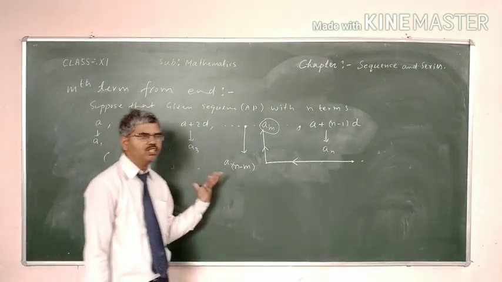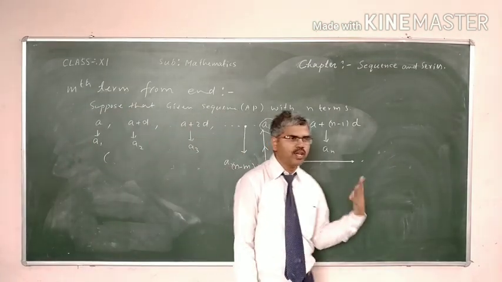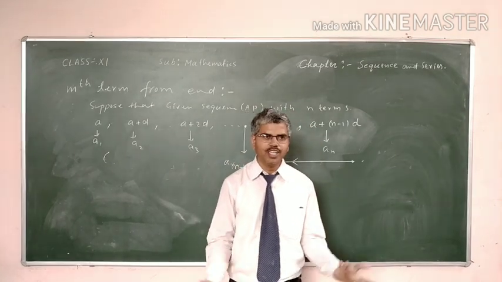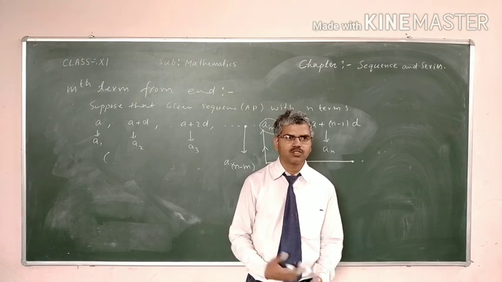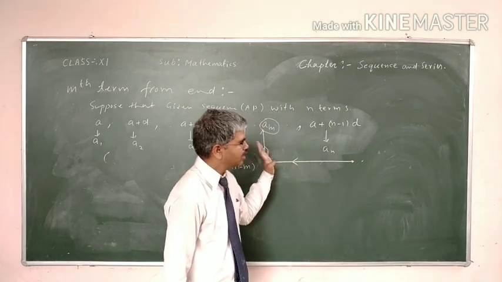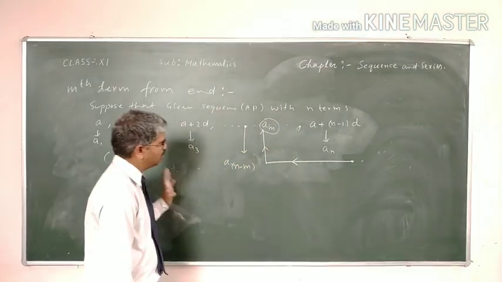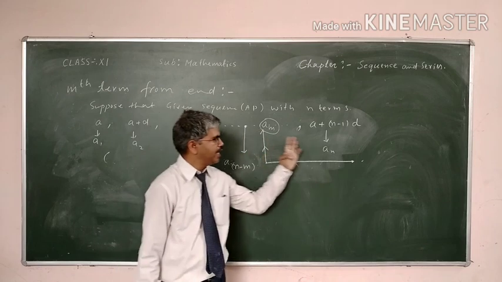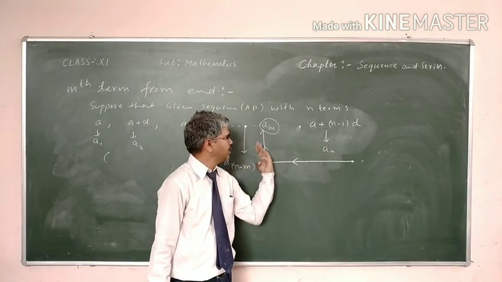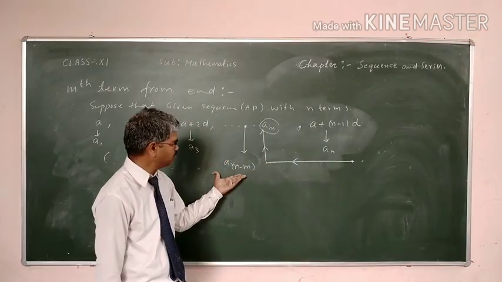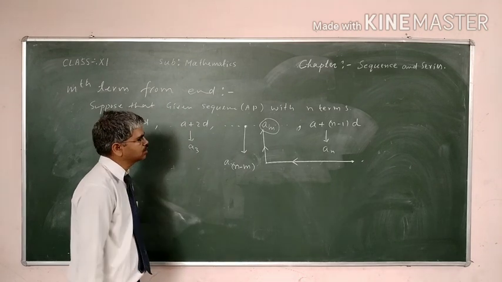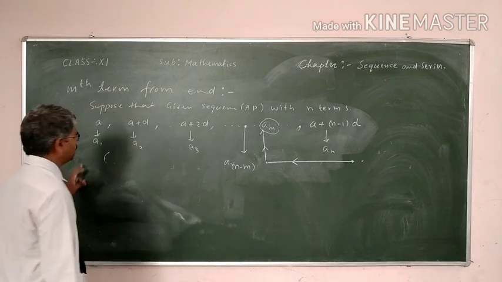Suppose that you have 5 bananas. If you lose 2 bananas, how many are left? 5 minus 2 means 3. Simply, there are n terms and you leave m terms from the end, right to left. So the left number of terms is n minus m. Its position is,